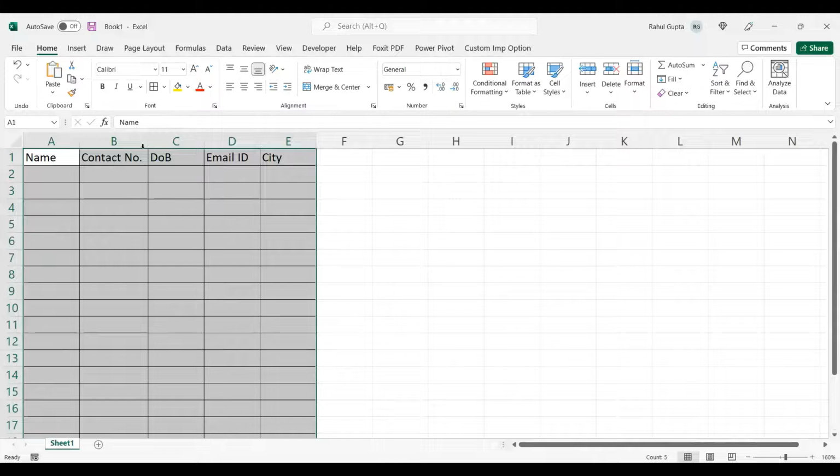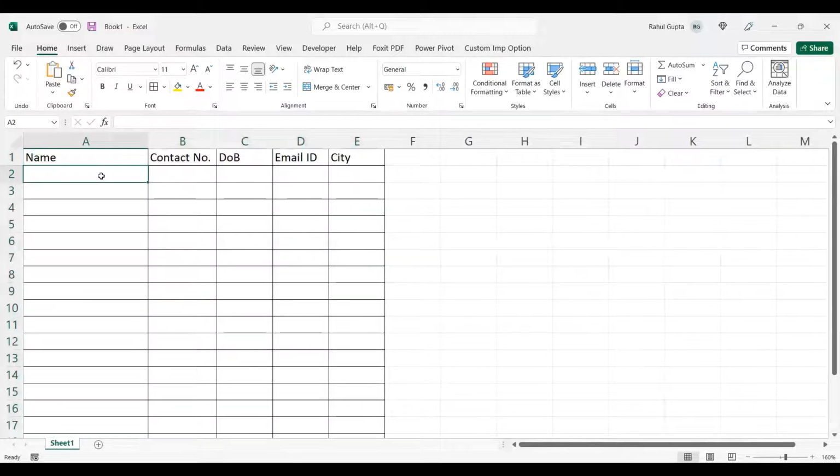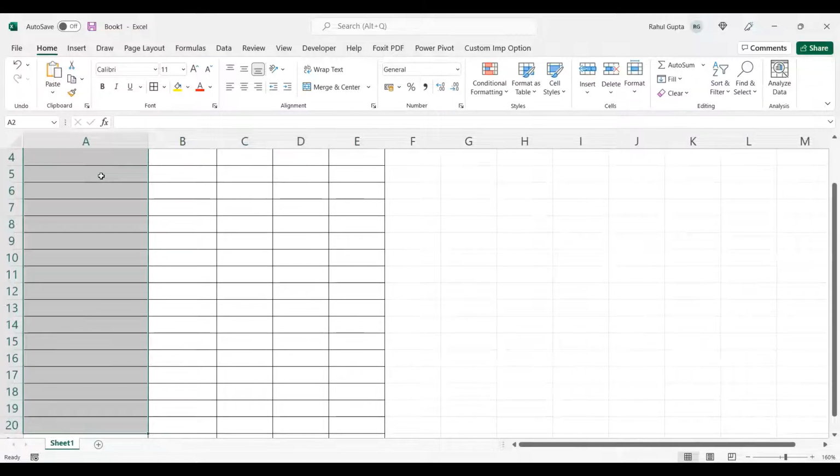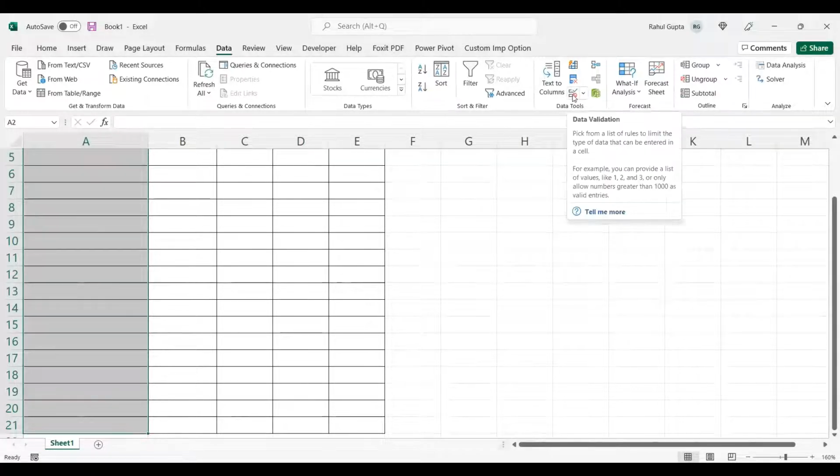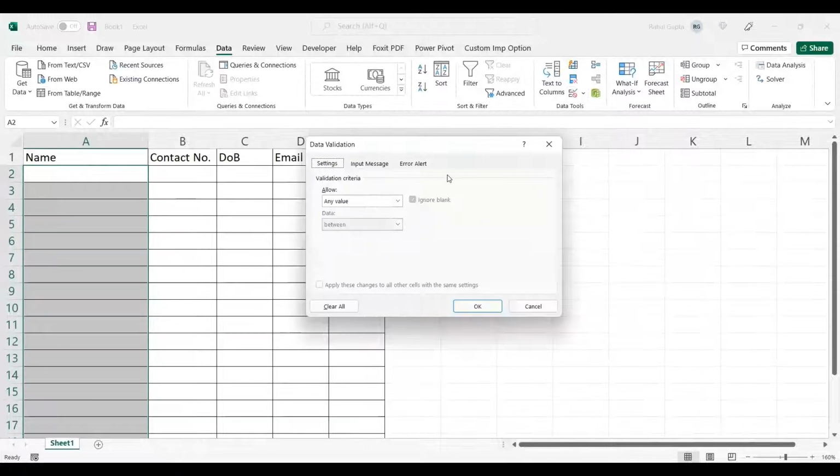Now let's start with the validation of data. I'll select the cells which I need to validate. Then I'll move to the Data tab, and under the Data Tools group we have Data Validation. You can see by default, any value is allowed. But I do not want to allow any value.